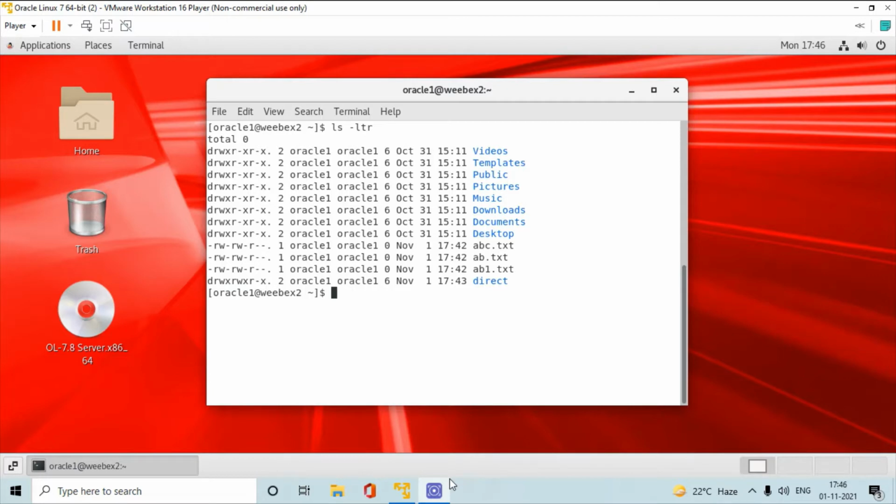And t means it will show in time order, and r means it gives a reversing order.